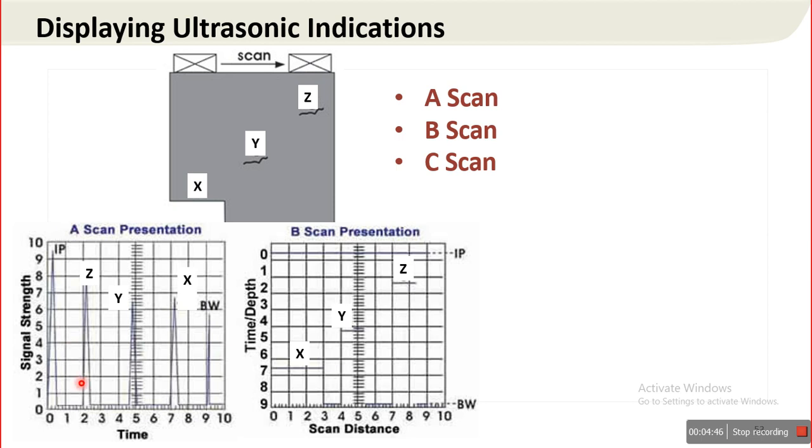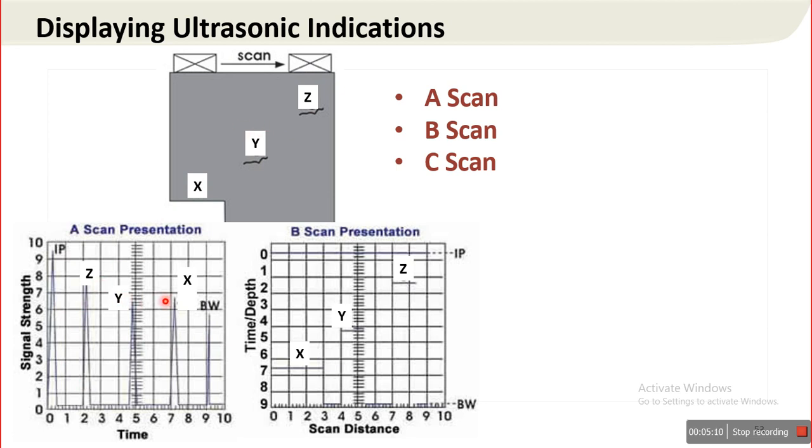So concentrate here. This is the initial pulse, and these are the relative pulses as discontinuities are present inside the component. So in the A scan presentation, relative discontinuity size can be estimated by comparing the signal amplitude.